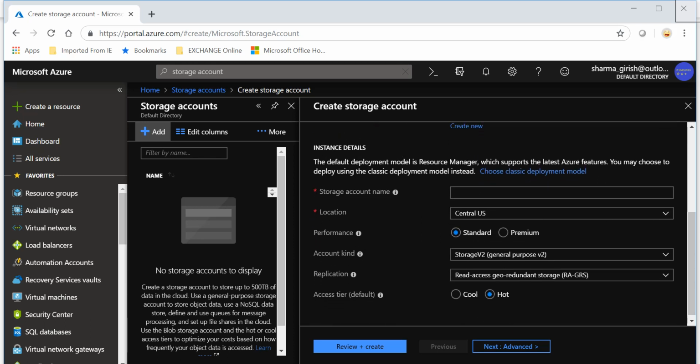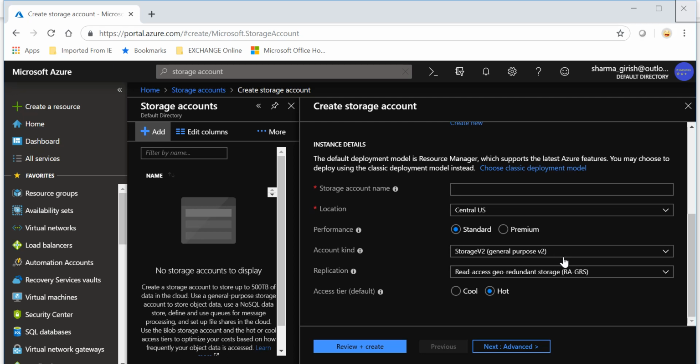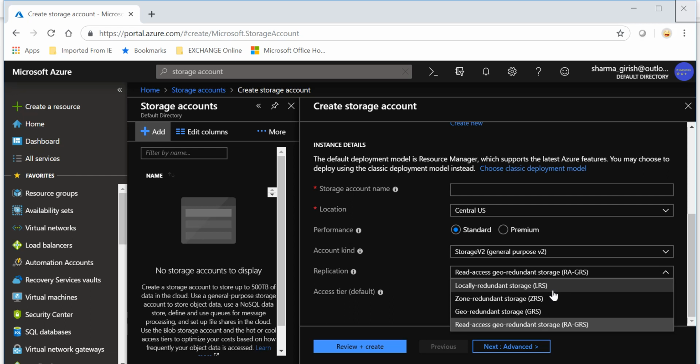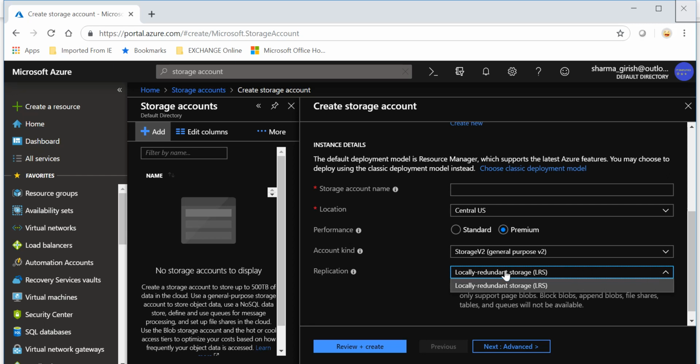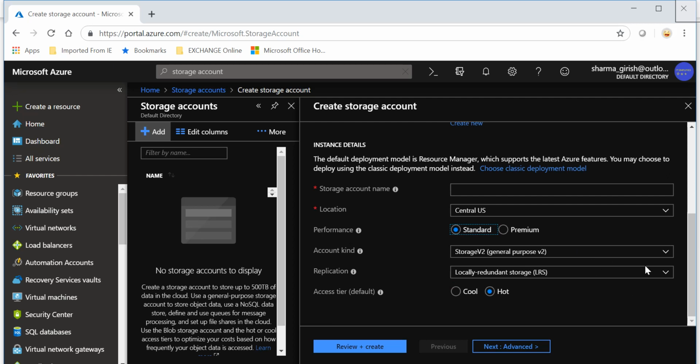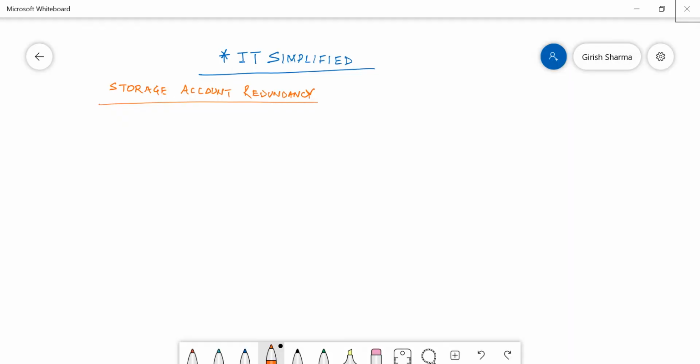and if I straight away go to the storage account and choose the performance tier, I have the option of choosing the storage v2 general purpose, which is the latest version, and you see under the replication you have the option to choose from locally redundant, zone redundant, geo redundant, and read access geo redundant. And if I move the tier to premium, I only have the option of locally redundant storage. So that's what I want to explain. What does this replication mean in terms of redundancy. So let me just go to my whiteboard,